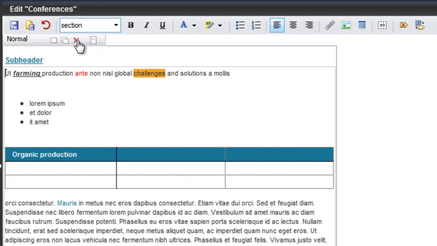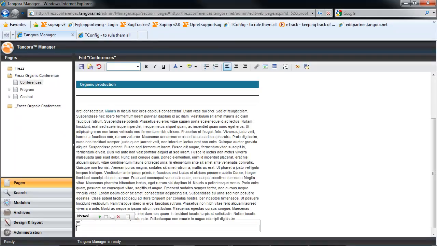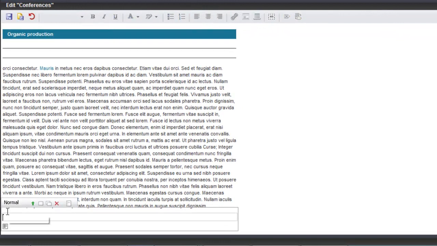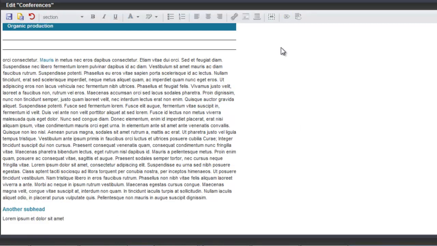The other icons up here next to the chosen section layout are for creating new sections, copying sections, as well as deleting sections. So take a look at what happens when I create a new section. I have the opportunity to make use of the pre-formatted subhead placeholder in addition to my body text, whose size is also dictated, by the way, by your design templates. And this will help you create a consistent look and feel as you add content to your site.